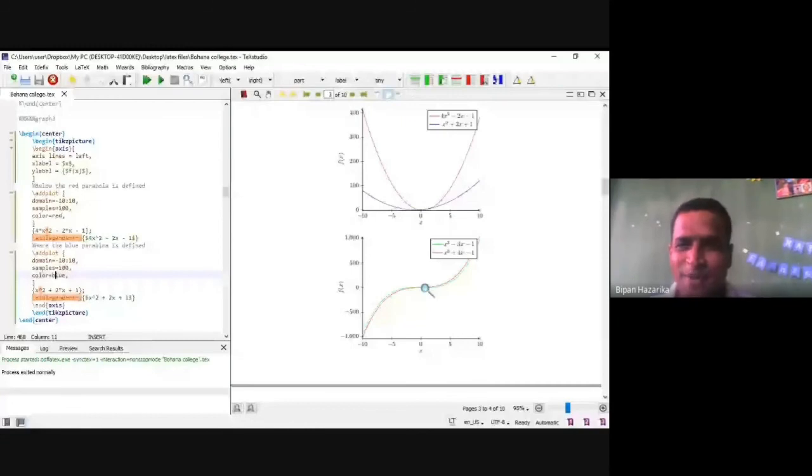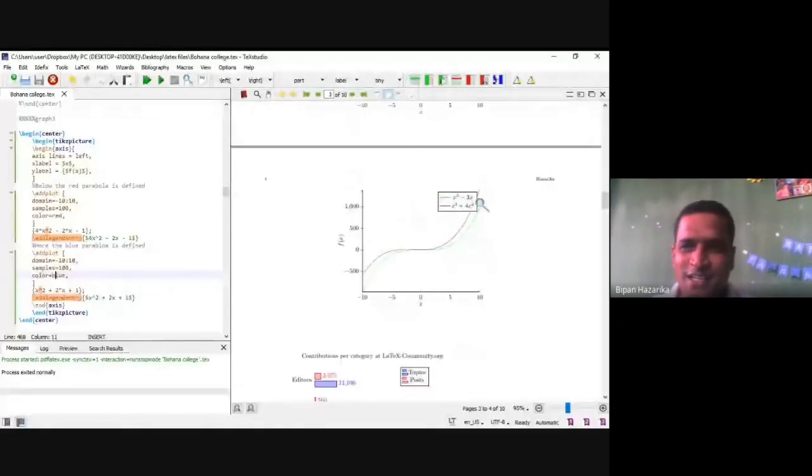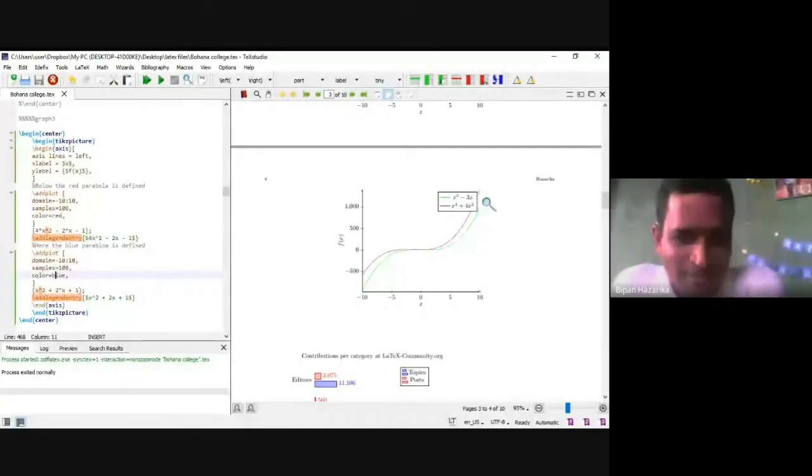Okay. And next is x cube minus 5x and x cube minus 4x square. If you see, the constant term I have removed, so the curves are slightly wider. This is the green curve, x cube minus 5x. At 0, they are meeting. Meeting point is 0. Then x cube plus 4x squared, this is the red curve. So these are the different types of graphs I have shown you that within the text file we can draw. Okay. So now I have concluded my talk.